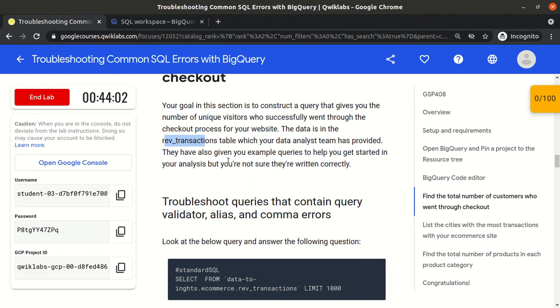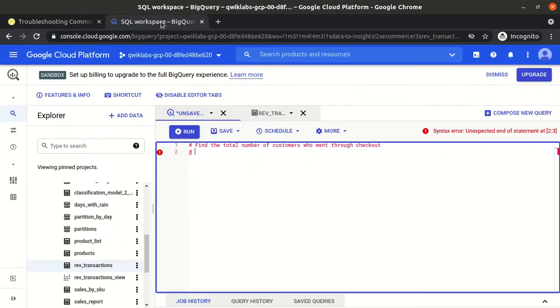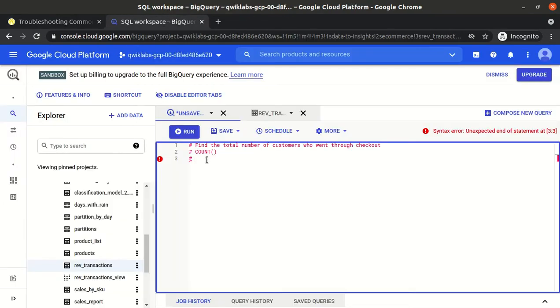Okay, yeah, fine, we just need to find the total number of customers. So first, we need to find the total number of the customers, so the query should contain something like the count function, right. Okay, we need to find the total number of unique customers, so the query should contain the distinct keyword as well, right.